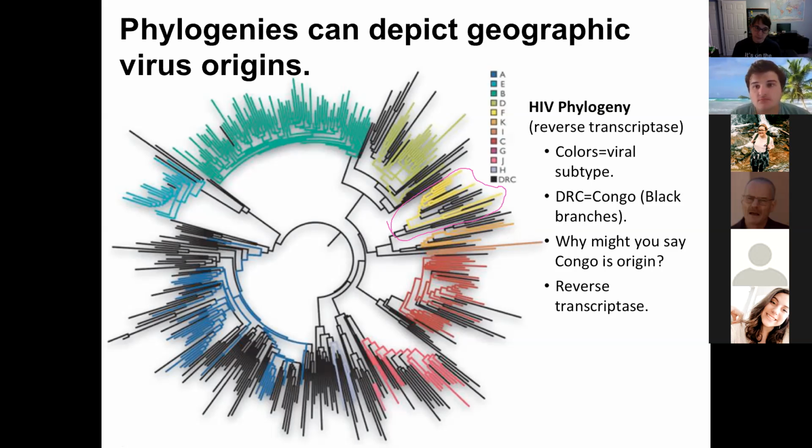So this phylogeny is built on reverse transcriptase, which is an enzyme for HIV. And so it's one that you expect to actually have a lower mutation rate because it's necessary for the virus to survive. But this one's another pattern you can get from phylogenies, okay? So yeah, I think that's all I want to talk about today,